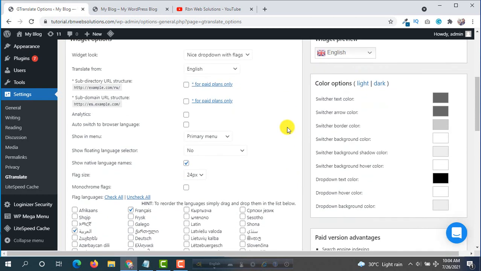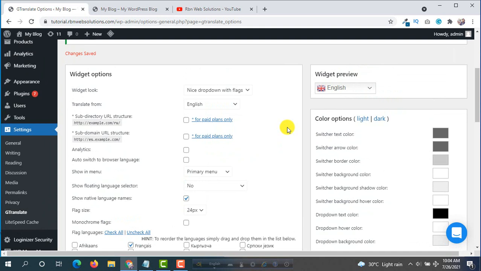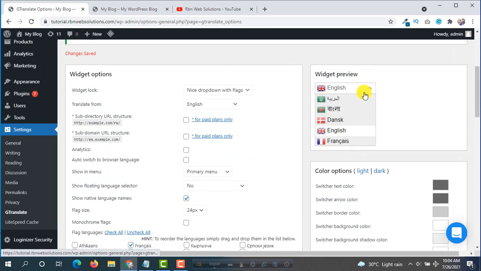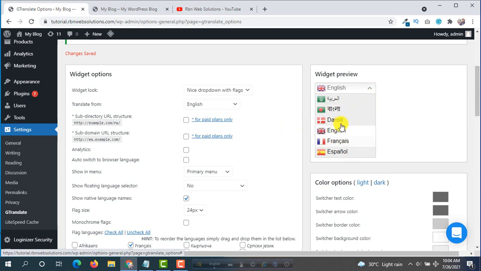And then if you want to make the system, suppose from here you can see we have to select the language by default, but how it will be, suppose I am from Bangladesh, then automatically the language will be Bangla, or if I am from France, then the language will automatically be French.